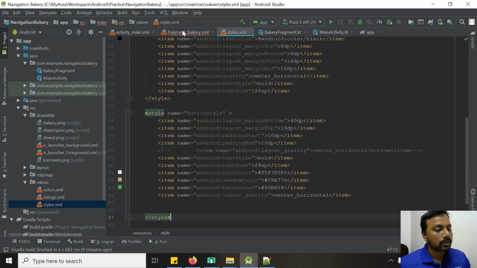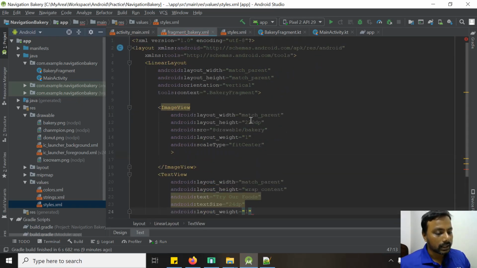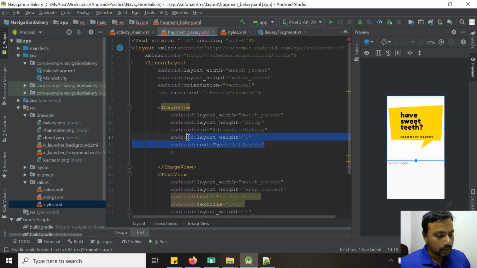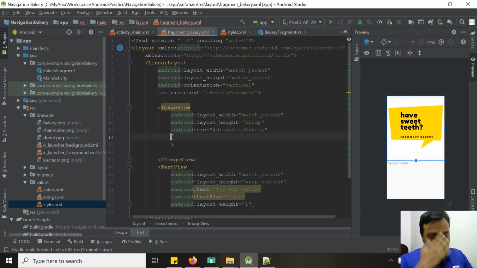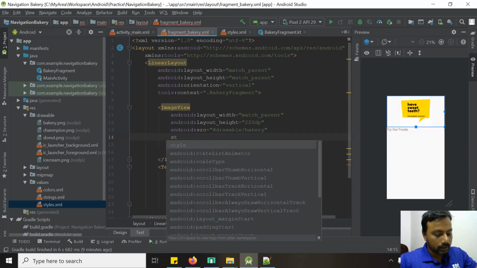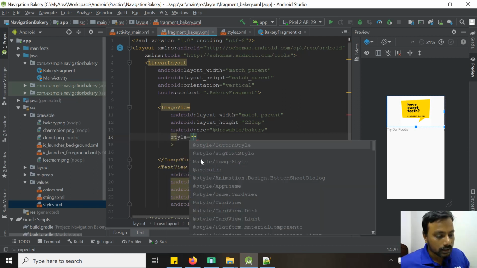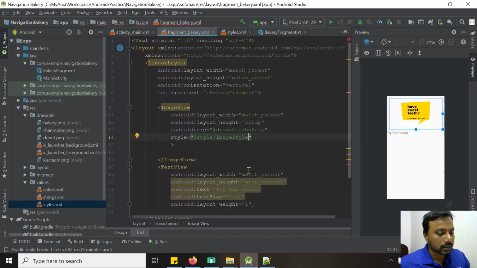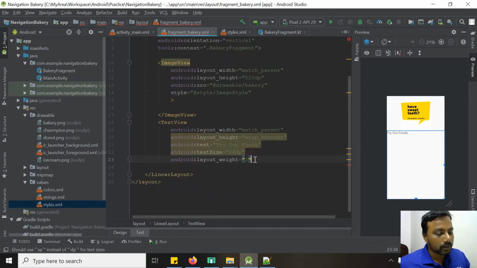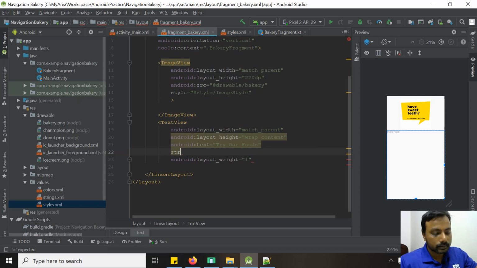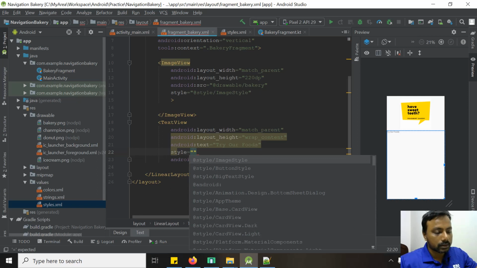So now go back to the fragment_bakery XML, and we will delete those things and make an attribute style equals image style. So the image got its style, and we will also delete this and apply style equals big text style,